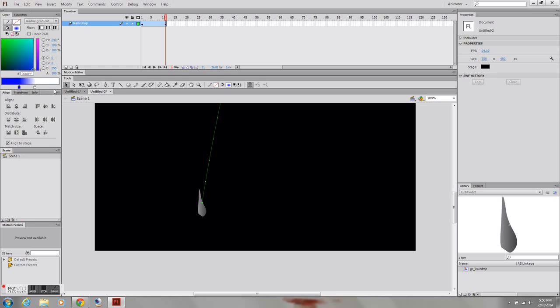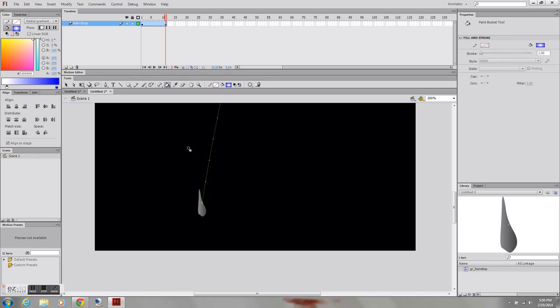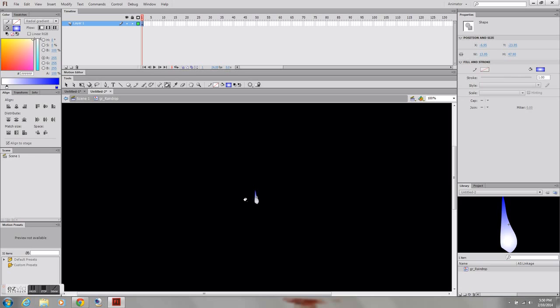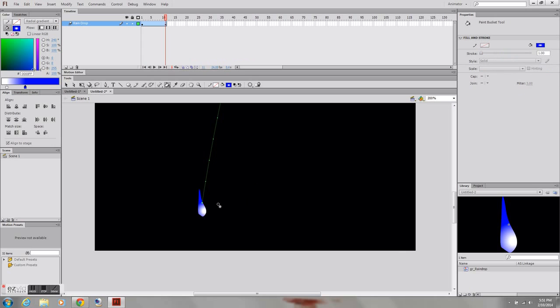And all I'm doing here is I'm just changing the color of my raindrop, adjusting the color like so. And I'm just toggling around to make it look like it has a little bit of a lighting effect on it. So I got this raindrop,